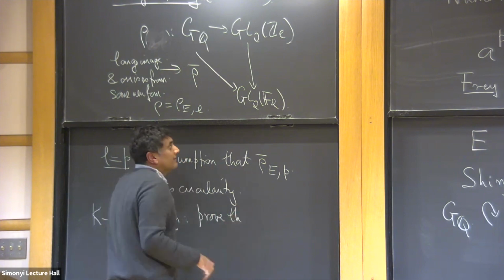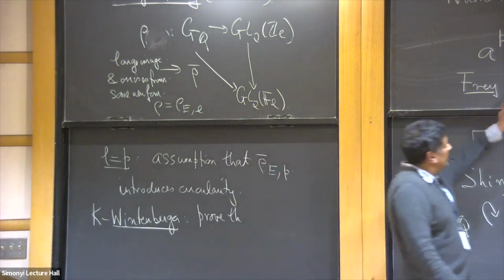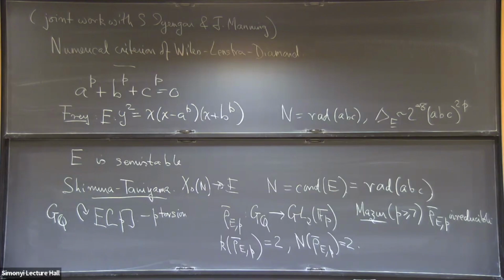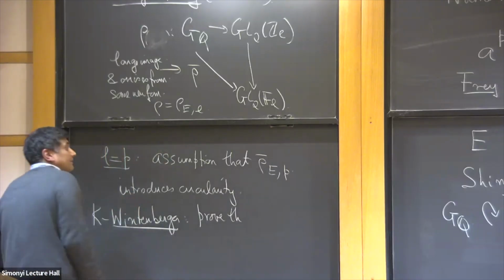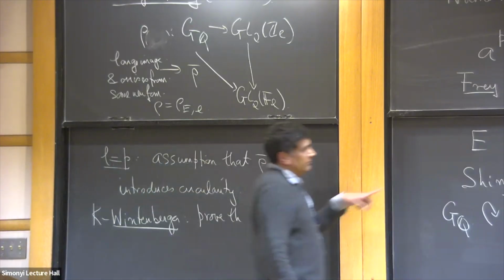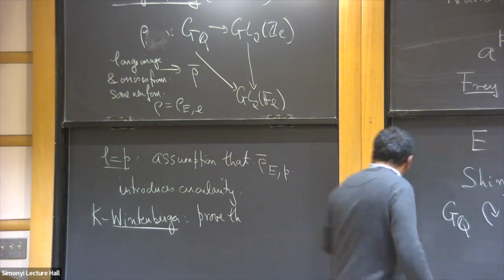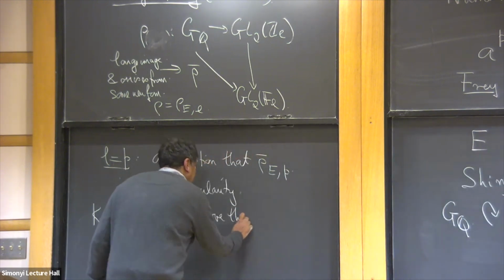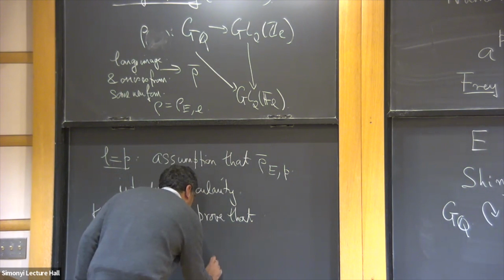So one proves that instead of choosing this lift, instead of looking at the p-adic lift coming from E, you can try to produce a better lift which is adapted to the ramification properties of the residual representation rho bar EP. Right? So we proved that starting with this rho bar EP,